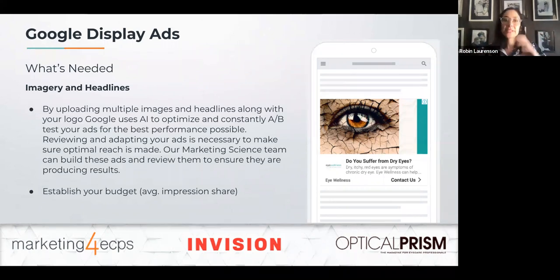Basically how it works is we look at images that target a specific audience. We come up with a headline with descriptions, and we tell people how you're going to solve their problems, or if you're carrying a new brand, and so on and so forth. When it comes to establishing the budget, we'll get into that later in the presentation, but if you are in a super densely populated area, you're going to want a lot of impressions. And if you're in a less densely populated area, you're still going to want a lot of impressions, but you're not going to need as many.